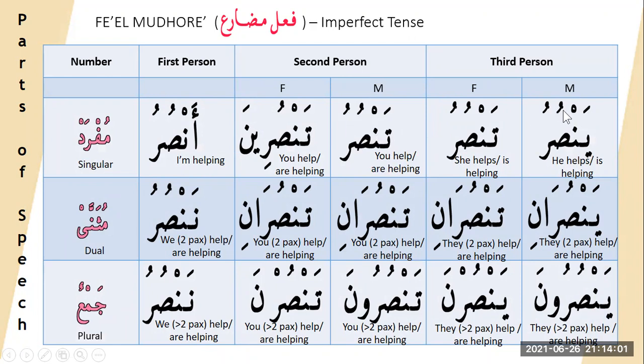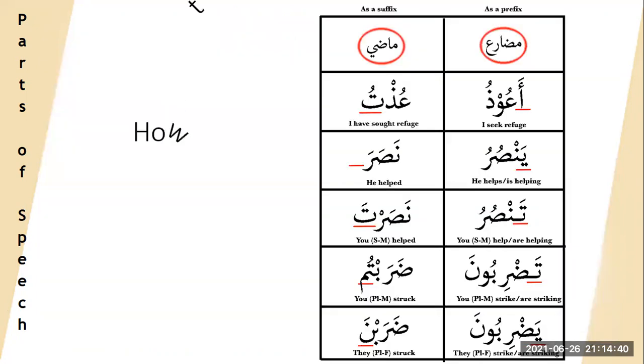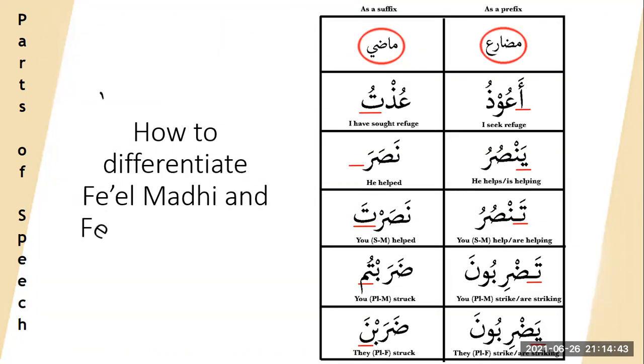So you just focus on the third person singular male, third person plural male, second person plural male, tansuruna, first person, second person singular male, tansuru, and first person, ansuru and nansuru. So there are about 6. You need just to remember 6 out of 13 or 12 rather, right? Because some words are the same, right? So don't worry about the female form because there are not many. If you can recognize the male, you should be able to recognize the feminine form. Okay. Any question?